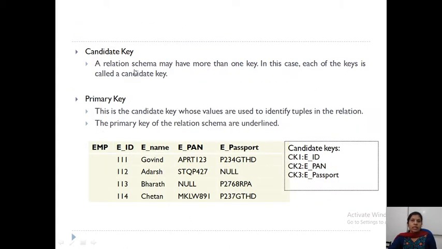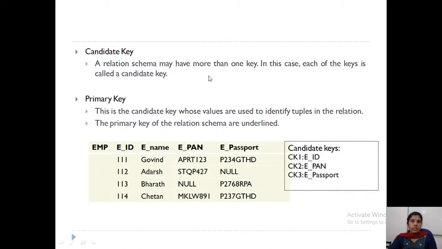Now two more are there, candidate key and primary key. A relation schema may have more than one key. As I said here, three keys are there: employee ID, PAN and passport. Each of these keys will be called a candidate key.